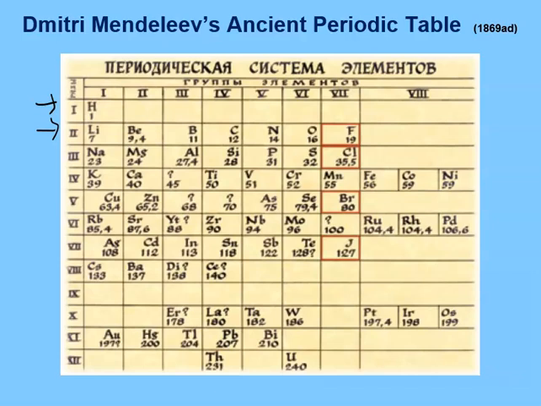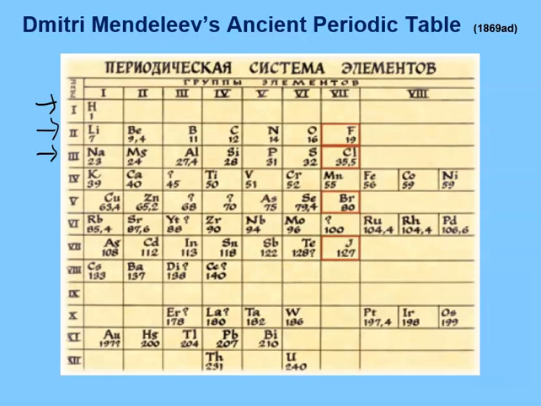and 14, 16, 19, and then he starts the next horizontal row called a period, and the atomic mass is 23, 24, 27.4, 28, 31. So he's listing the elements in order of increasing atomic mass. That's what we call a period. Then the vertical column,